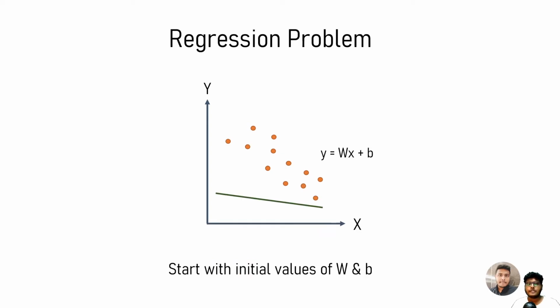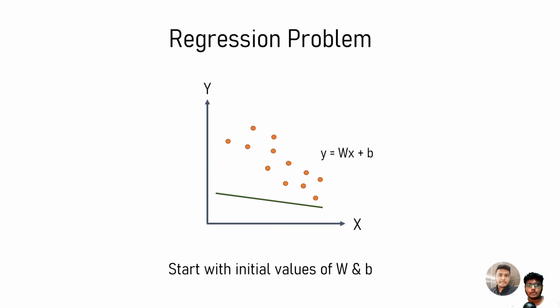We'll basically start off with a very basic line, right? So we'll start with some random initial values for w and b, because, as I already mentioned in a previous video while talking about tensors, generally we take the values of w and b from a random distribution, right? So say we have a random tensor for w and a random tensor for b, and we multiply w with x and add b, and we finally get this line, right? This is the line that we have, and looking at it, it's not at all fitting, right?